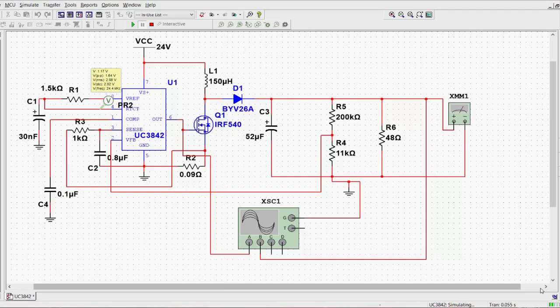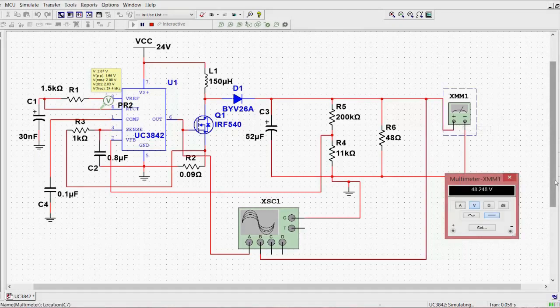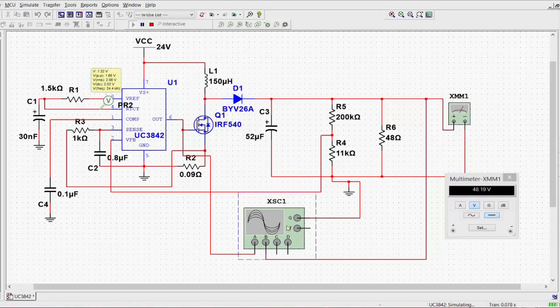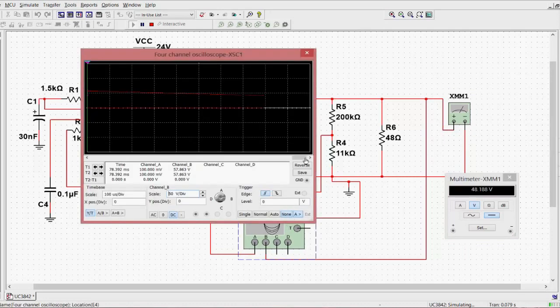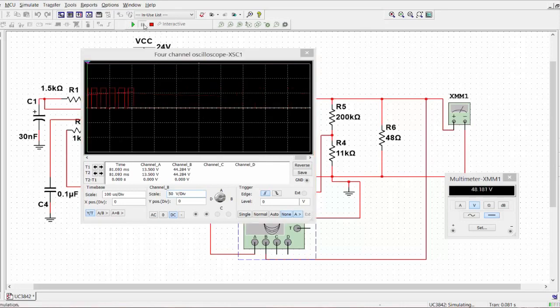Now let's see the simulation of the boost converter using this IC. All the parameters I have connected according to our design, and there may be some slight changes in values for better regulation. So let's simulate it. As you can see, we are getting 48 volts of output. If you see the waveforms, when the output voltage decreases, the sense resistance senses the current and gives the pulses to the transistor according to that.